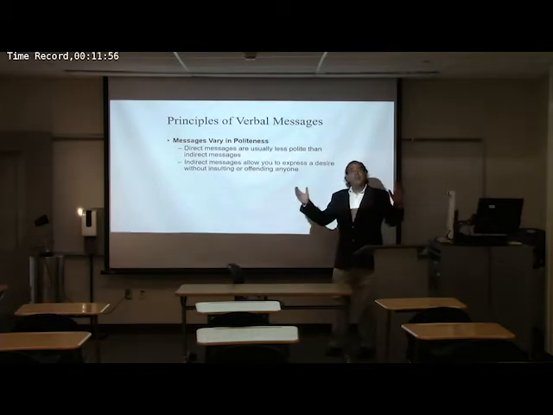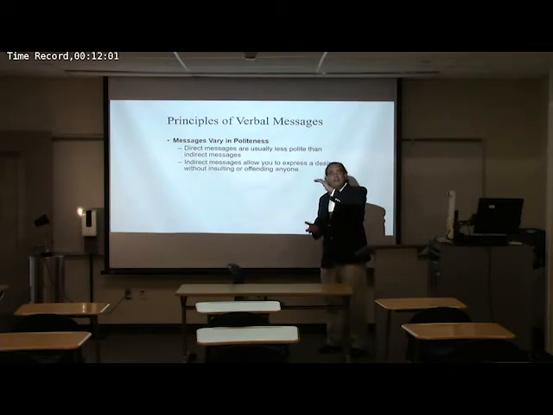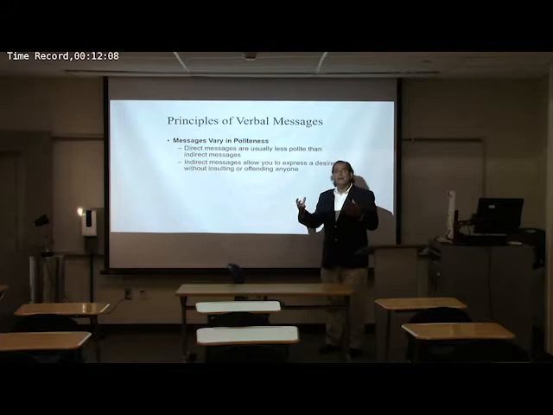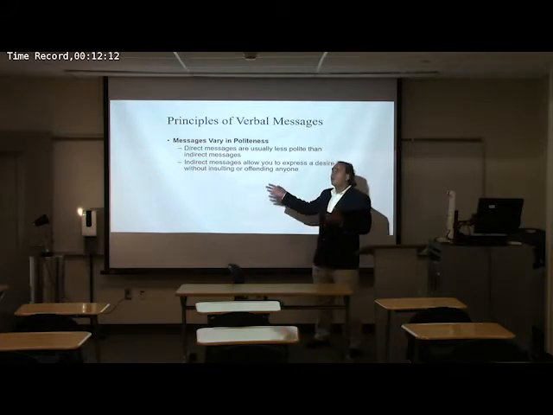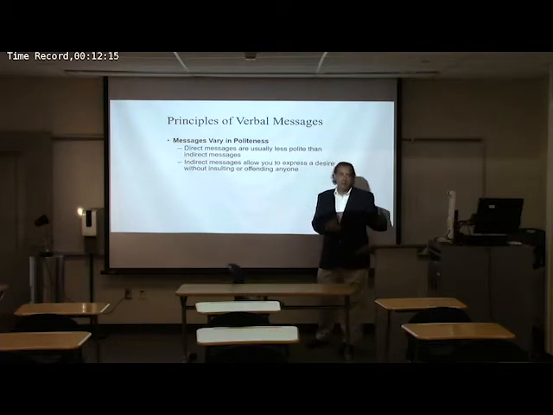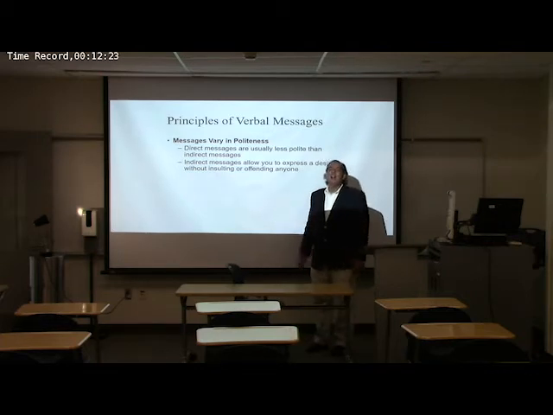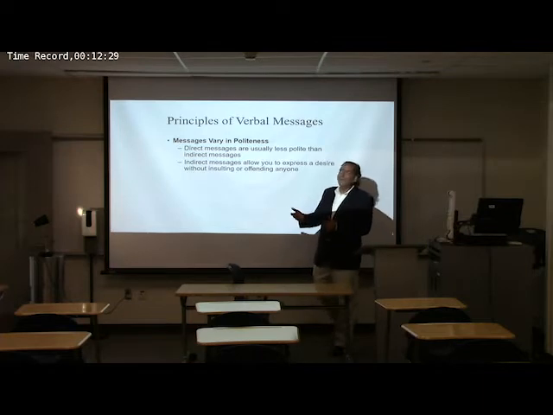We also notice that messages vary in politeness. So if you notice from today's lecture, we have messages varying in levels of abstraction, connotation versus denotation, levels of politeness. So a lot of this has to deal with axes. When we're thinking about communication, it's not necessarily just one or the other, but oftentimes we can be more polite in our conversations or less polite in our conversations. So I'm sure all of you can probably think of a straight shooter, one of your friends who just tells it like it is, right? But on the other hand, maybe you are a little frustrated because they don't really care about your emotions or feelings when they're disclosing information to you as well.